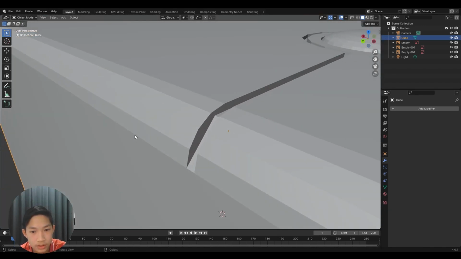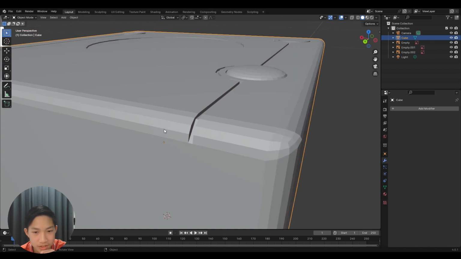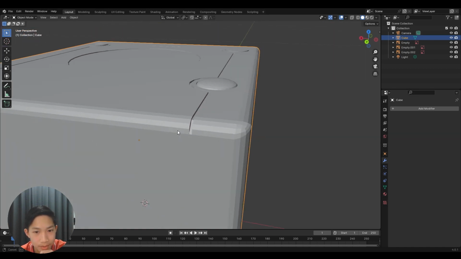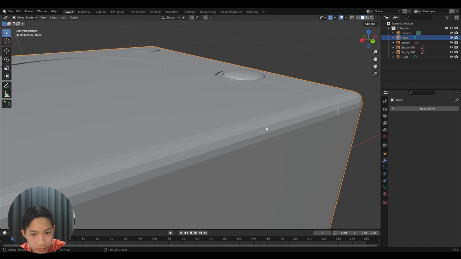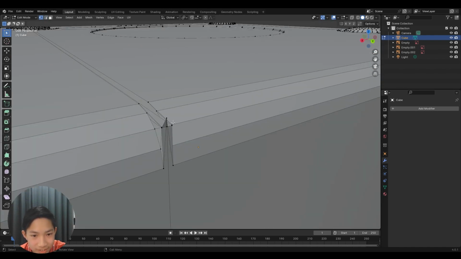and we can select these two edges, and we can just slide it in. So this is something that I just improvised on probably my second project, my second attempt on making a GameCube. I'm kind of proud for figuring this out, because me back in the day, if I saw this, I'd probably have just given up. So merge this together,